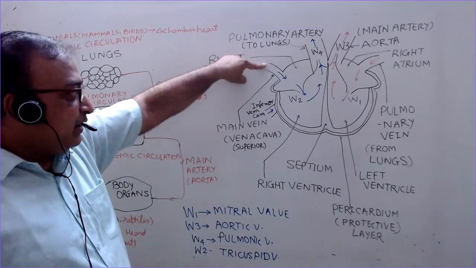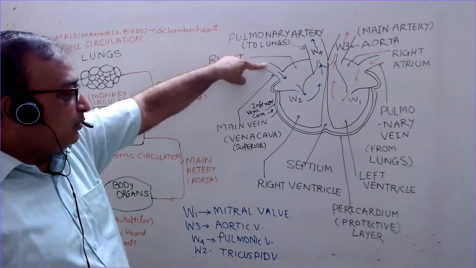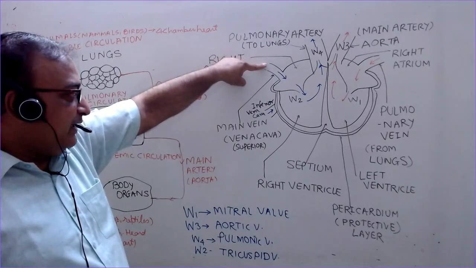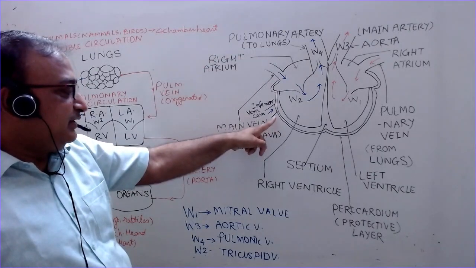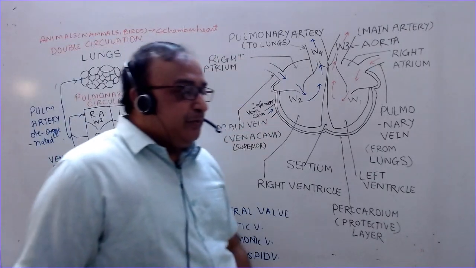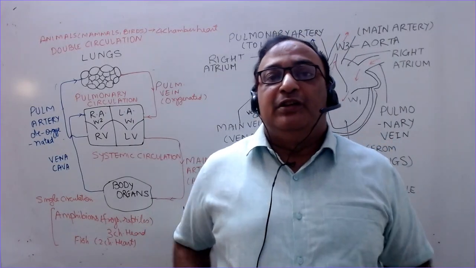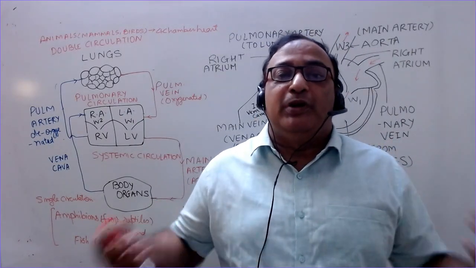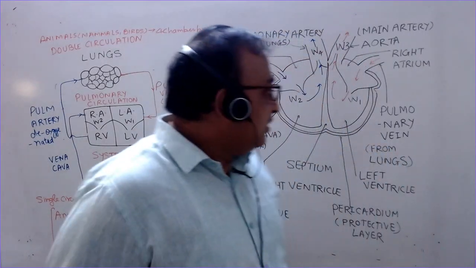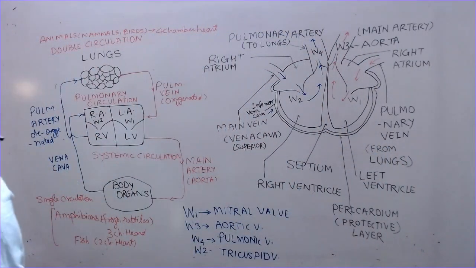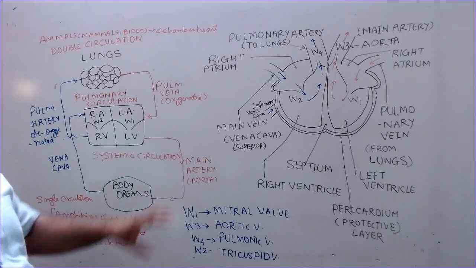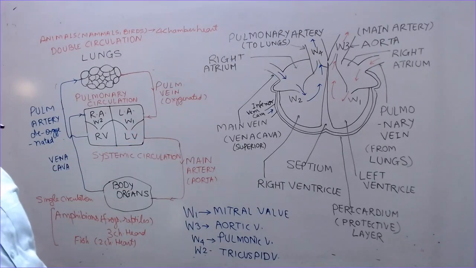And we have another such tube or blood vessel which is known as the inferior vena cava. This is the inferior vena cava, which brings the deoxygenated blood from the rest of the body, or the lower part of the body, to the heart. So these are the blood vessels which are present in the heart. So basically these are the different parts of the heart.